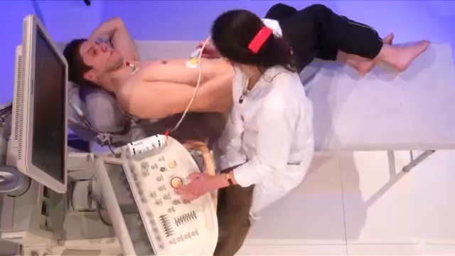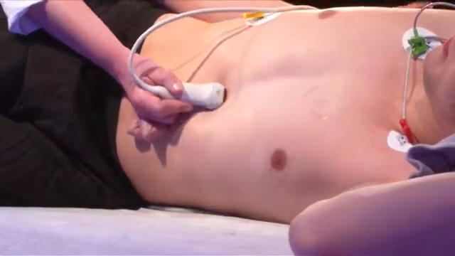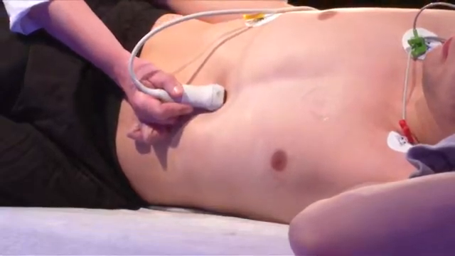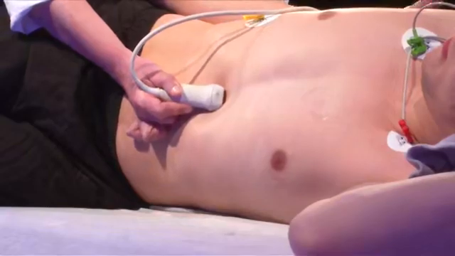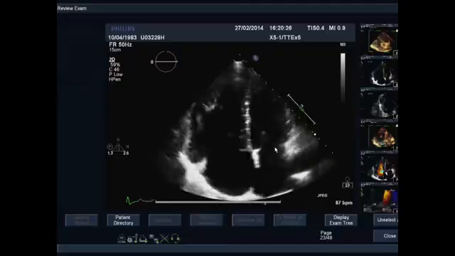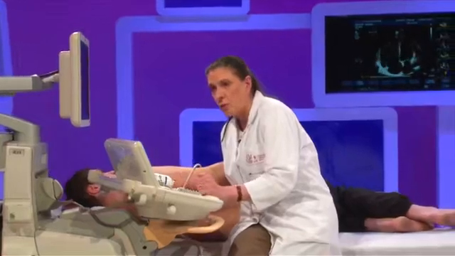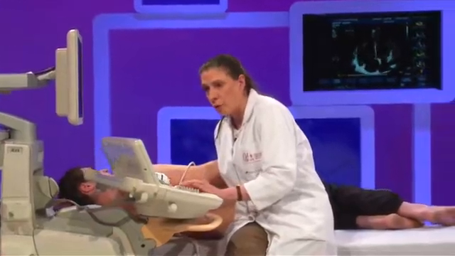And I will just show you the position so you know the regular position of the subxiphoid to see a four-chamber view. The second point is to quantify the severity of the shunt through your atrium. And for that, you have to make the measurement of the blood flow through the aortic valve and